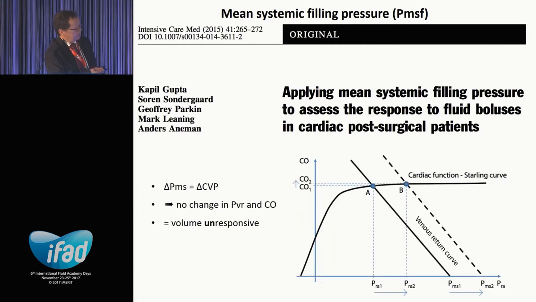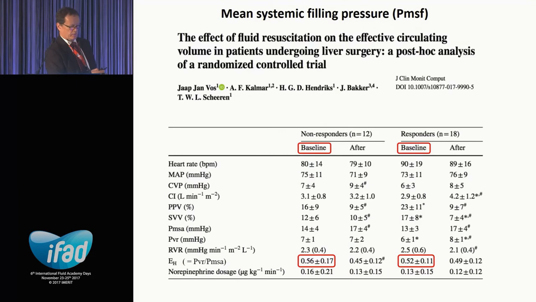If, however, the increase in the difference between mean systemic filling pressure and central venous pressure increased in the same way, then cardiac index did not increase, as you can see here. Then you are on this part of the Frank-Starling curve. So this is a way how to apply mean systemic filling pressure